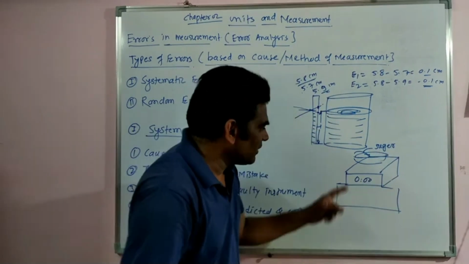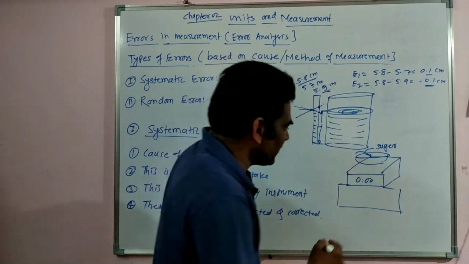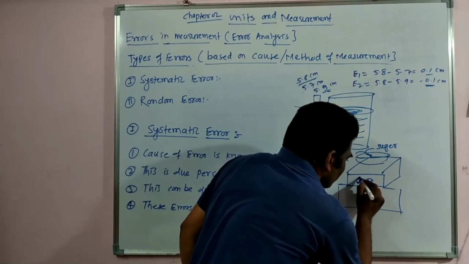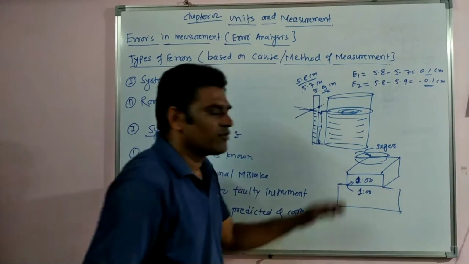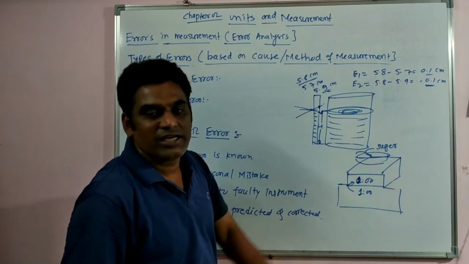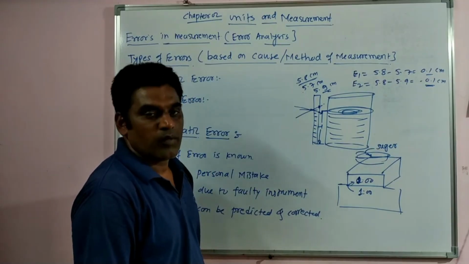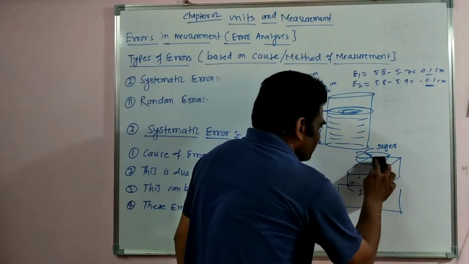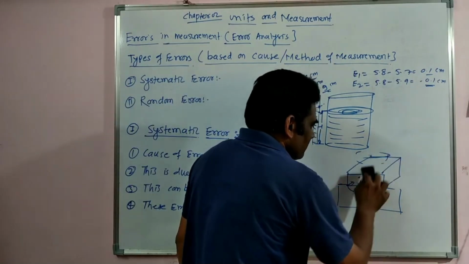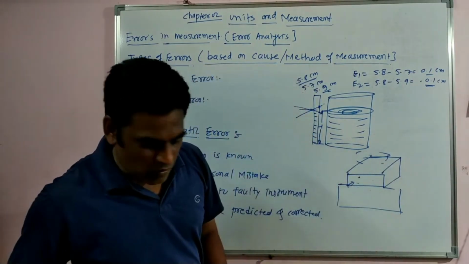Okay, and after that the reading will change. If the reading is 1.00 here, then I will stop pouring and say this is 1 kg sugar. Correct measurement, no problem. But suppose sometimes it may happen that initially there was